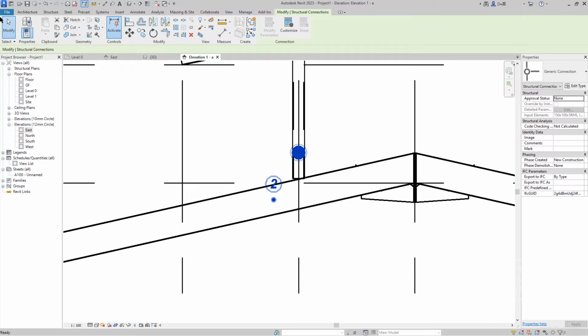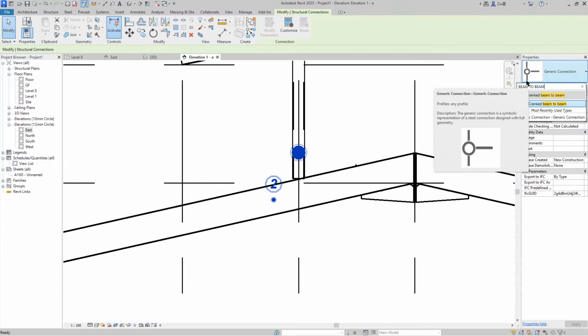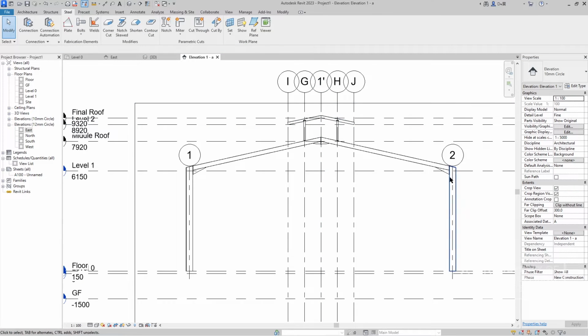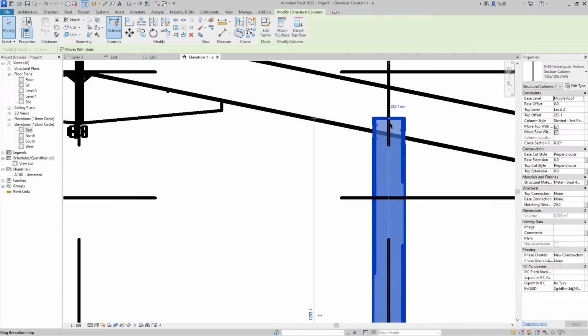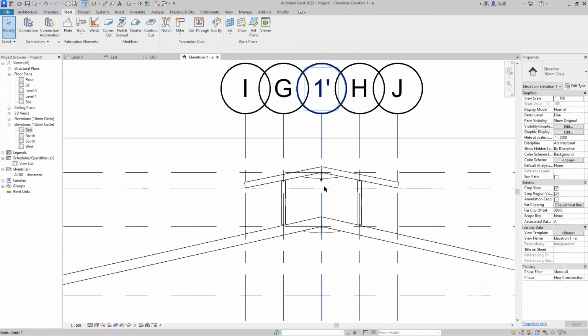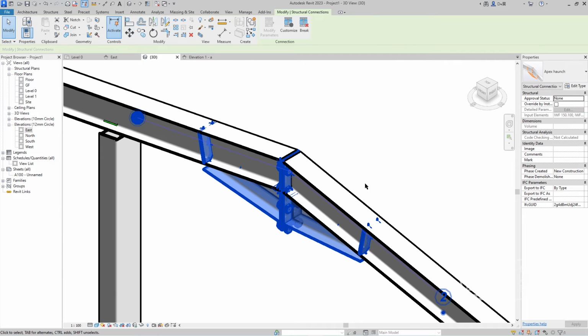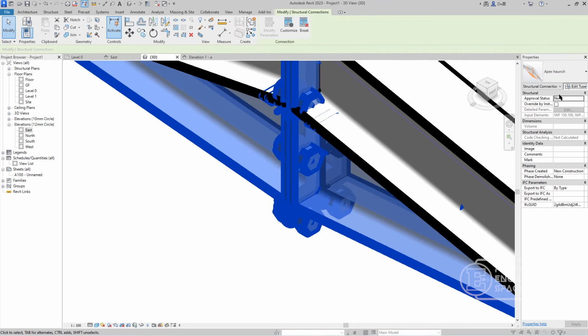Beam to beam, beam to beam connection. After we create the connection between the column and the beam, we need to connect another one. Alright, from here, exactly this is what we need. And I think I have trouble here, the bolts are too much, so we need to edit it, and